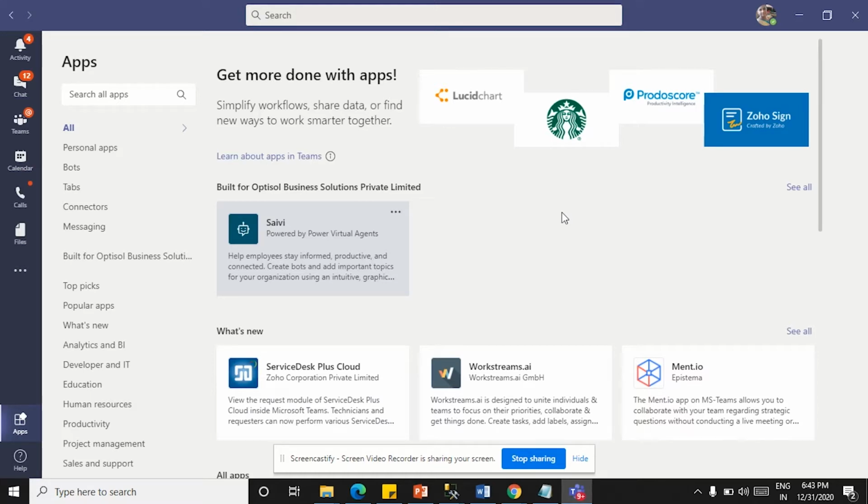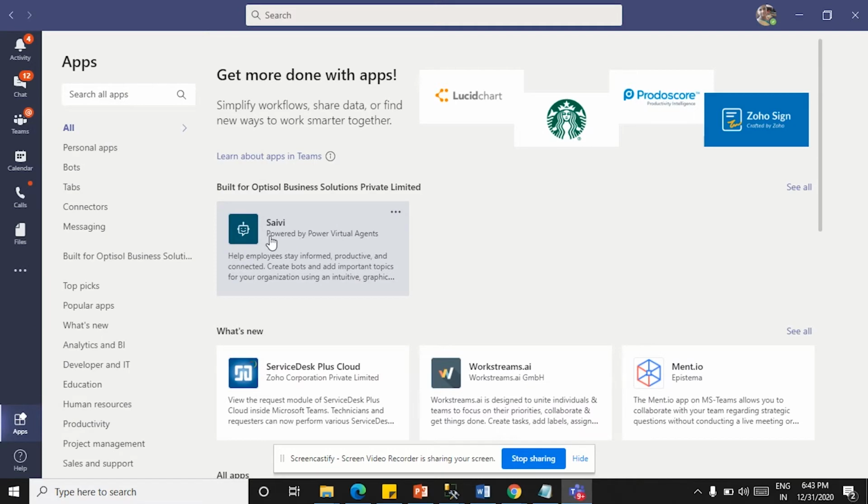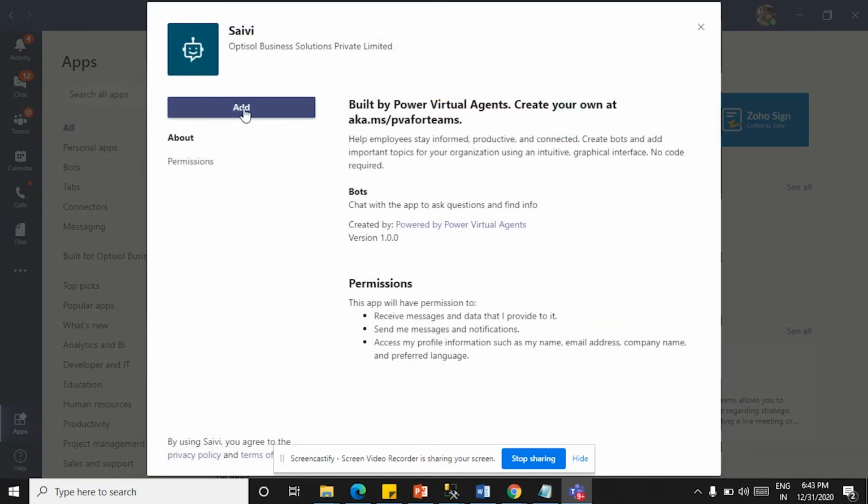Keeping that in mind, we came up with a bot that integrates seamlessly with Teams and a D365 account. So here is the bot, and let me go through it and explain how to make a purchase request directly from the chatbot. My bot has already been deployed by my admin, so it is available in my organization store. I'm selecting my bot and adding it into my Teams.